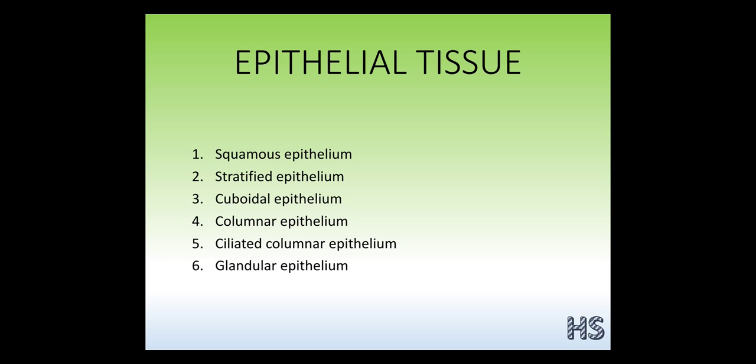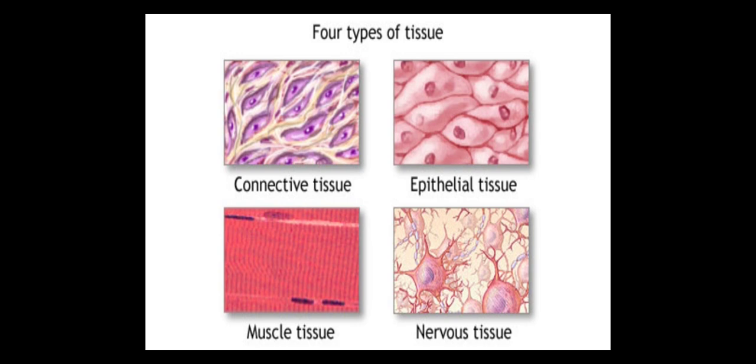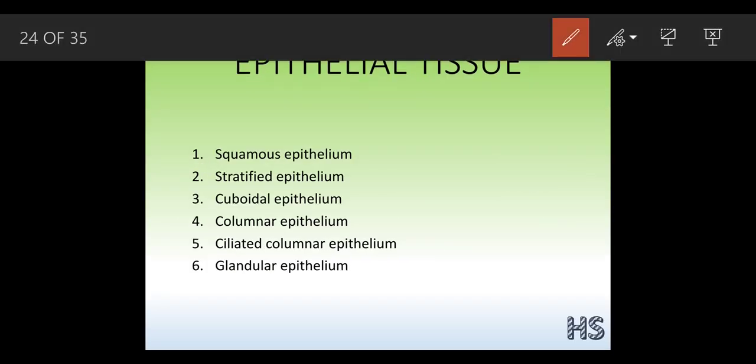Squamous epithelium, where is this squamous epithelium present? The word squamous means flat. It is found in the lining of the mouth and the nasal cavities. Nasal means the nose related part, and blood vessel and lymph vessel. They are also present in the linings of the esophagus. The word esophagus means the food pipe. Suppose this is an esophagus which is going to lead to the stomach. Suppose the food is out here. This lining we can see out here and here. This lining is made of the squamous epithelium.